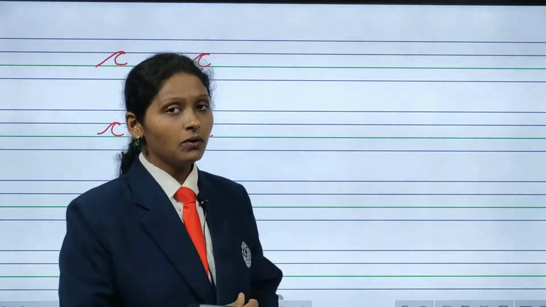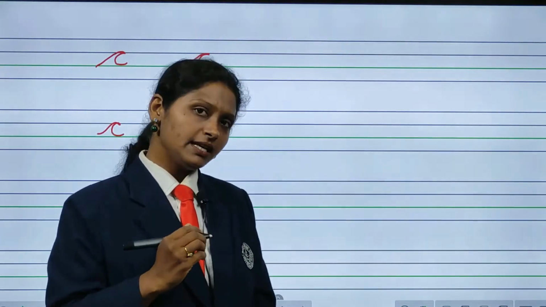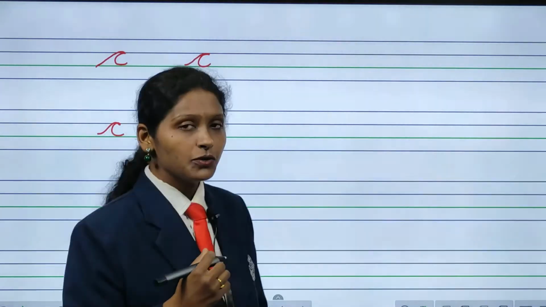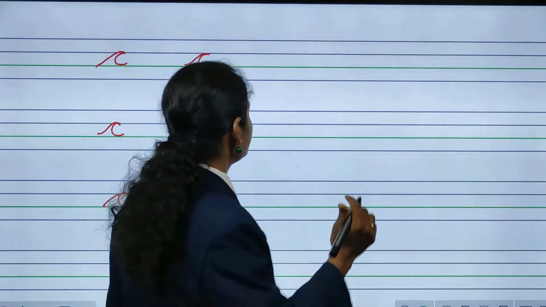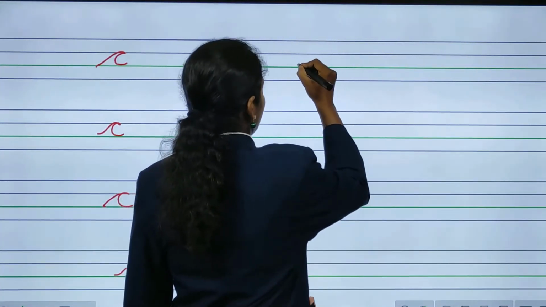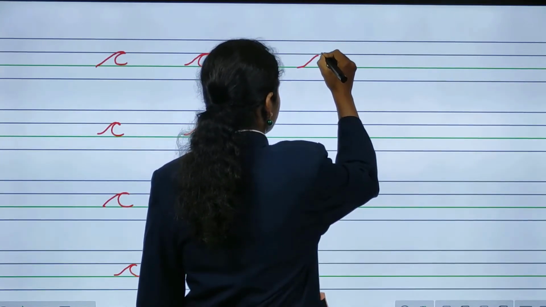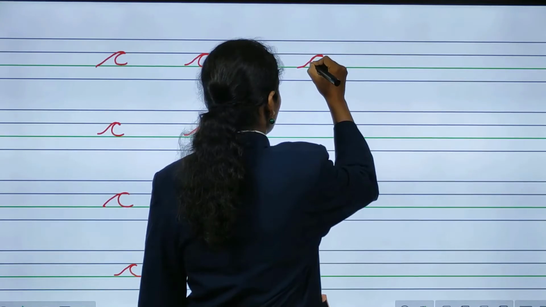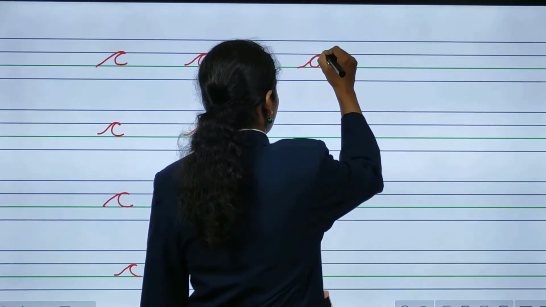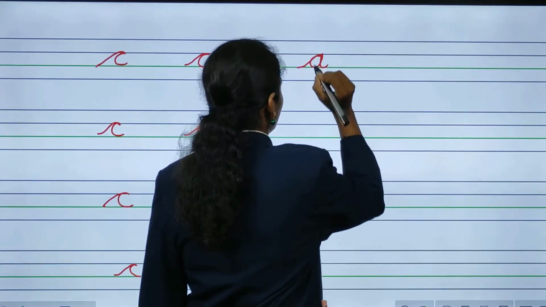Now, if you know how to write small cursive C, then it is very easy for you to write small cursive A. Same as C, we will start with a slant line, then curve, then take it up and go down.